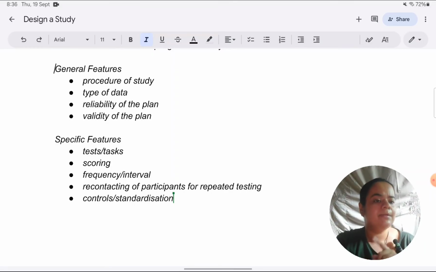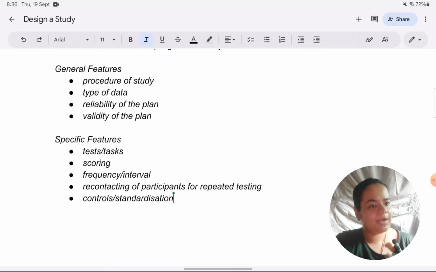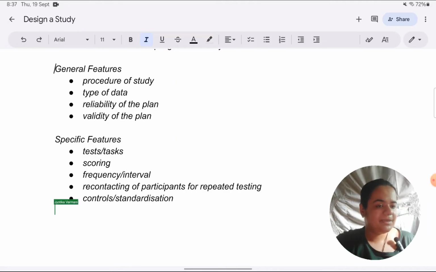So make sure you do enough practice before you go for your paper 2 exam. And in general, in psychology, practice answer writing is the most important thing to score well. All my students who score well are the ones who really practice a lot. So that is a basic requirement in psychology. Don't expect to score high marks just by reading, watching videos, seeing samples. That can take you to a certain point, but till your effort is put into it, you will not be able to score highly.